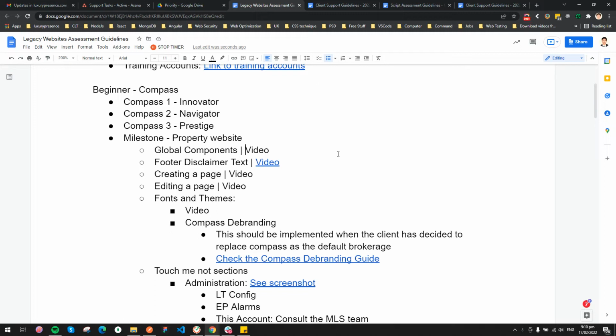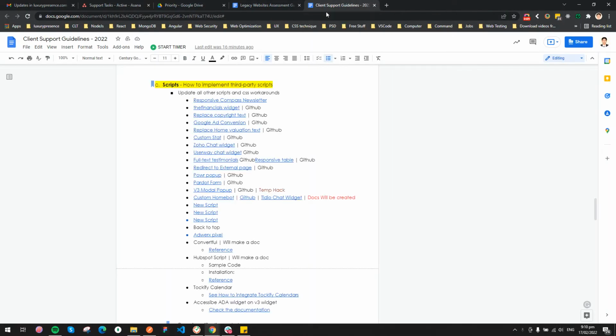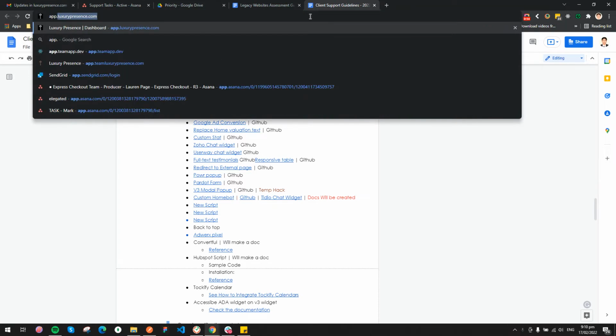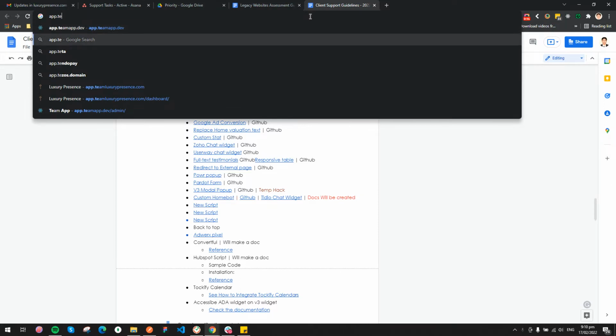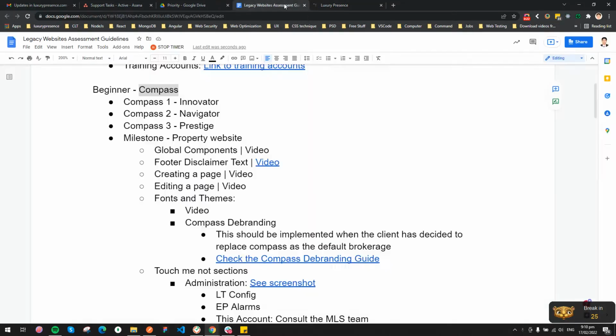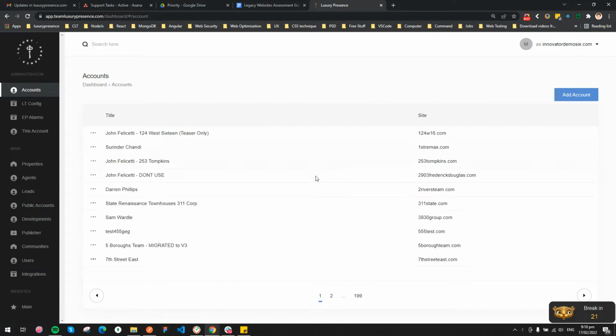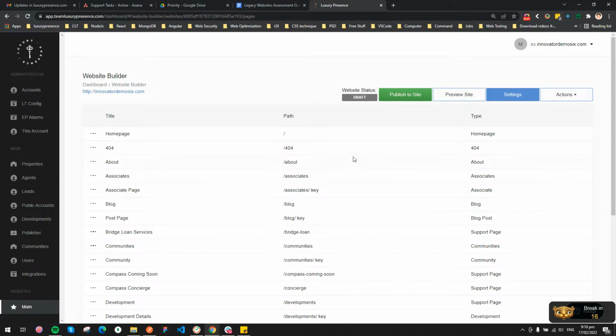I'd like to discuss the global components specific to Compass design. Let me just log into the Compass dashboard. So we should go to app that Team Luxury Presence and impersonate one of the demo accounts. Let me just dive in a little bit. Or we have this demo website. You can just go to main and we have